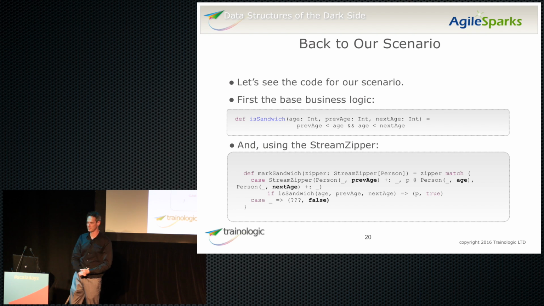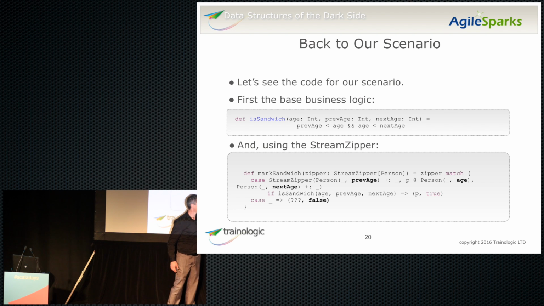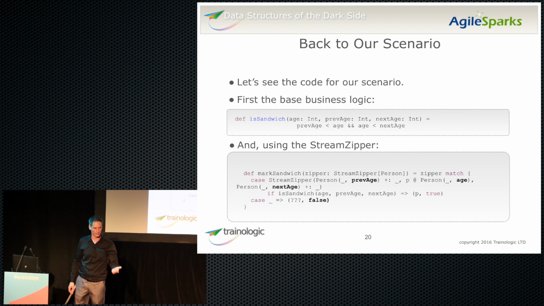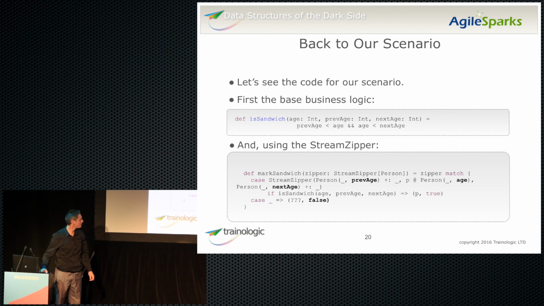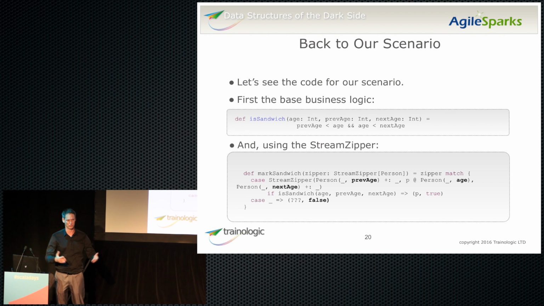Now let's try to use the zipper. So given a zipper, and here we are focusing on a specific person. Remember, a zipper is a data structure with a direction, and the focus. I'm focusing on some person, and I want to return true or false. So here it is. I match the zipper, with some complex pattern match. I don't know, I like it. Some people don't like this pattern matching, which is that complex. I think it's very nice, and it's a matter of taste. You can use it with a regular extraction or however you want it. But